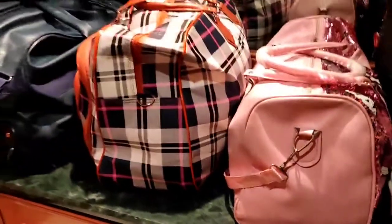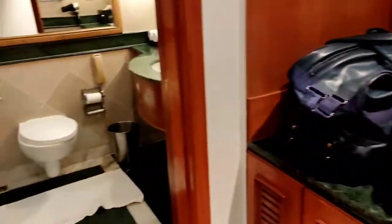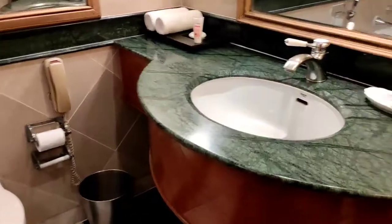Yeah, this is a heritage property. So then you have mirrors over here. So let us see what all amenities are there. They have the iron table, hangers, the laundry bag area, the locker area you have, and let us check the washroom, which is one